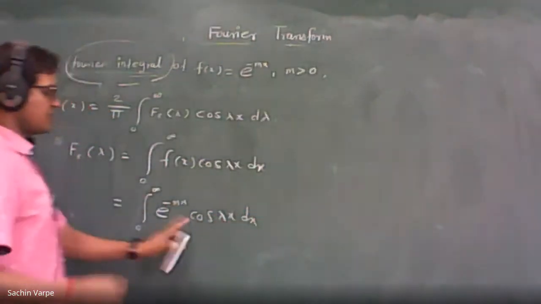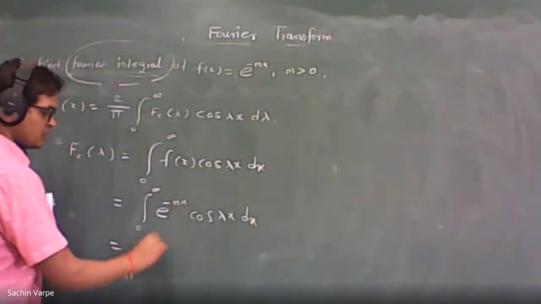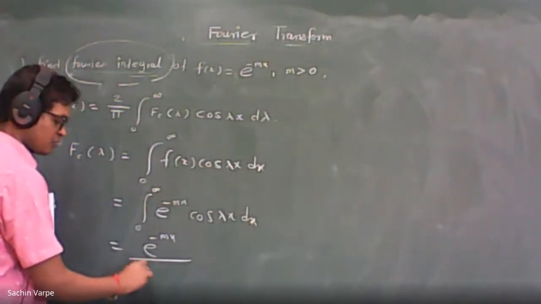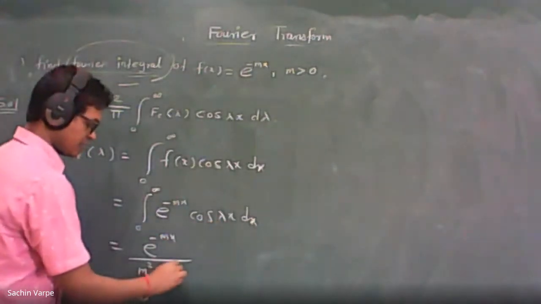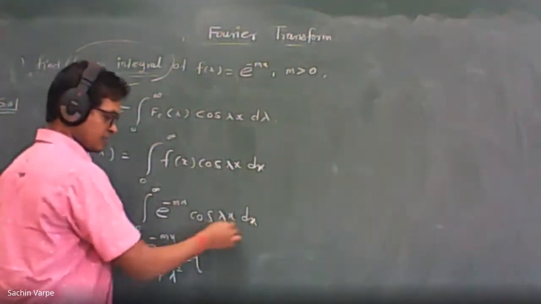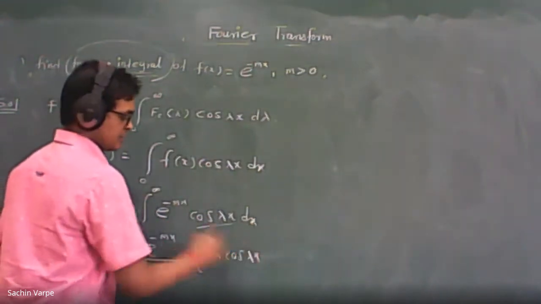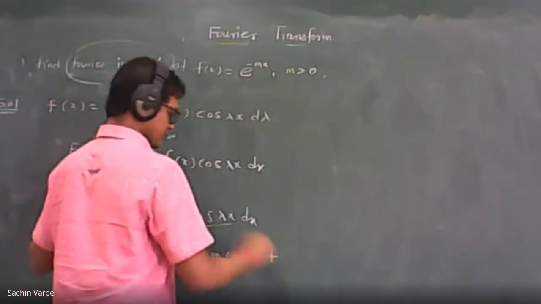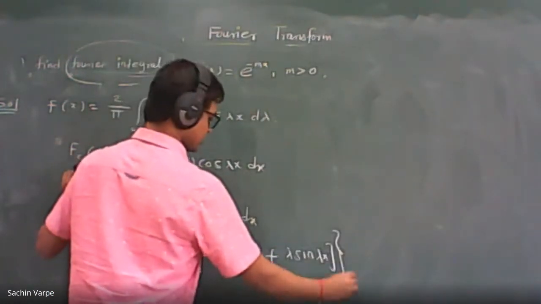And now we have the standard formula to integrate this, isn't it? e to the power ax cos bx. What is that formula? e to the power minus mx upon a square, what is a? Minus m. So minus m squared will be plus m square, plus b square. What is b there? b is lambda. So lambda square, into a cos, because as it is cos, we start with a cos. So minus m cos(lambda x), and since the integration of cos is plus, so plus b sin bx. So b is lambda, so lambda sin(lambda x), and the integration from 0 to infinity, isn't it?